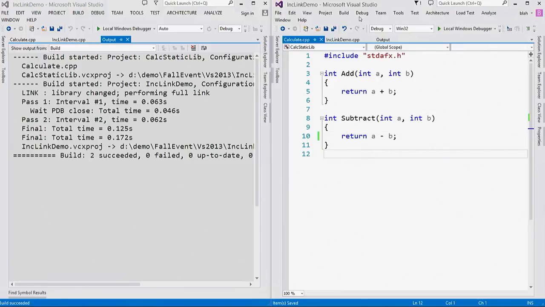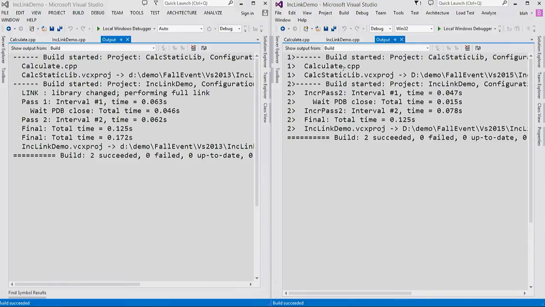Now let's see the same behavior in 2015. Same thing, the source file got compiled, the static lib got rebuilt. Now this is where the enhancements are. Linker started, it said I'm going to try incremental link, figured out it could finish it, and finished all the work in about the same time as it took the linker to say it could not do an incremental link in 2013. This is huge because we have seen a number of projects where they have a large number of static libs